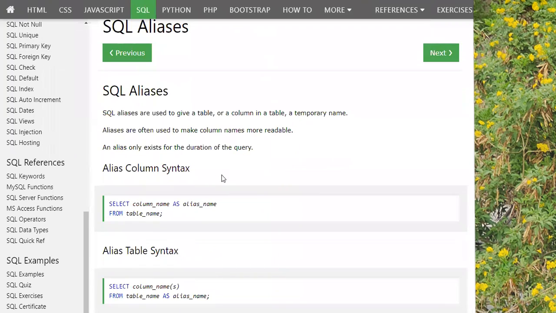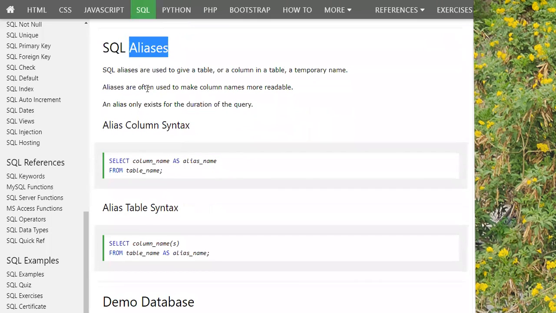So coming to the alias, SQL aliases are used to give a table or a column in a table a temporary name. Okay, so for example, we all have a name which is on paper, the names which our friends call us, the names which our family members, near and dear ones call us. Okay, so these are the different names of one object itself, right? Similarly, we can also rename the columns of the table by a temporary name, and that is called an alias.